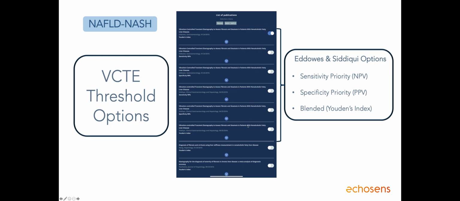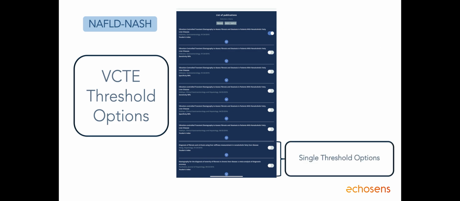So you have 6 choices here among those two publications. You would just move the slider to the publication you want the application to use when it interprets your study. At the bottom, you have a choice of 2 different publications where you could choose a publication that has a single VCTE threshold value. These are older publications that don't have the option to prioritize sensitivity versus specificity versus blended. So those are your choices within fatty liver disease,